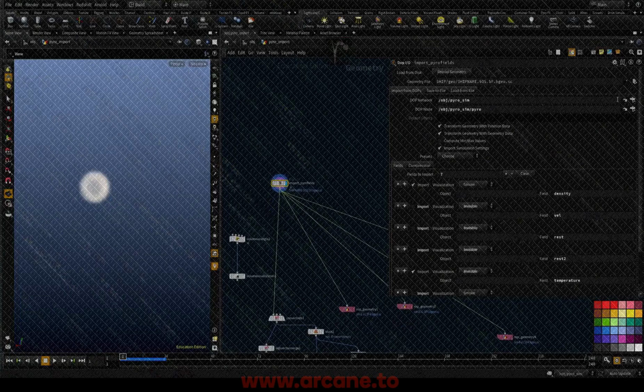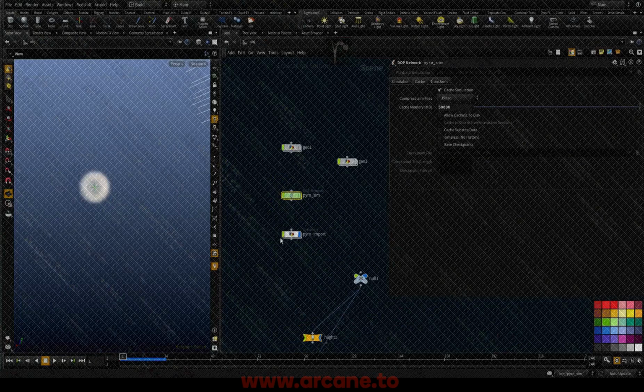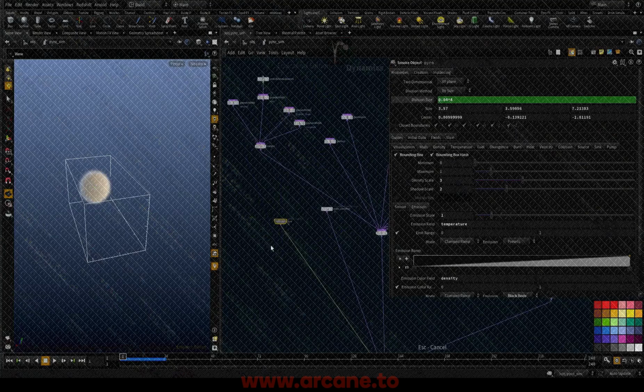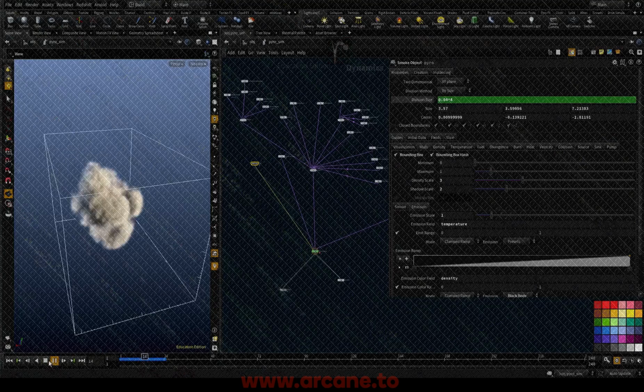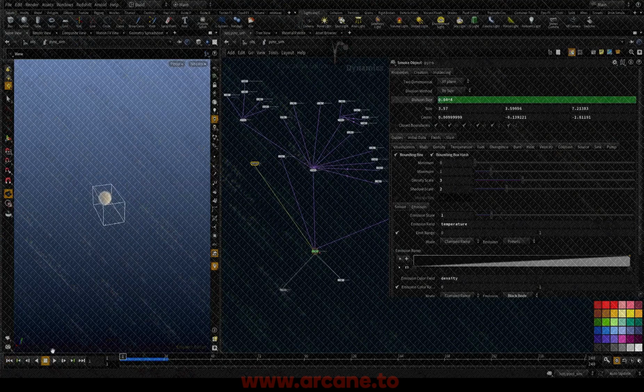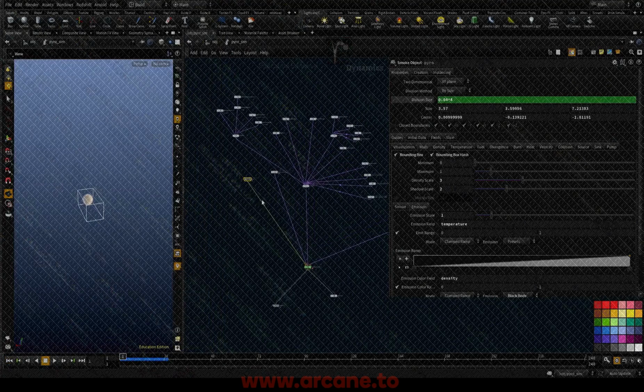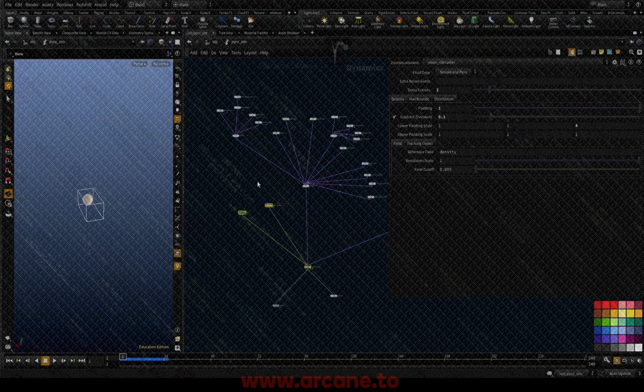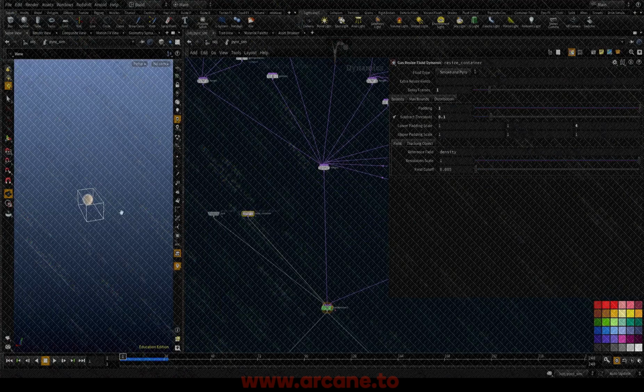Cool, so let's continue. Going to go back to the sim, make sure we have a low res, let's hit play. Okay, cool, this is our sim. And what we need to do is we need to first initialize where we're going to be creating this curvature